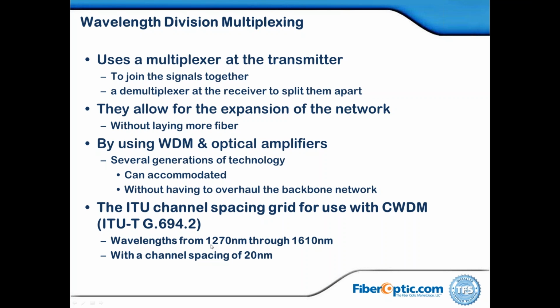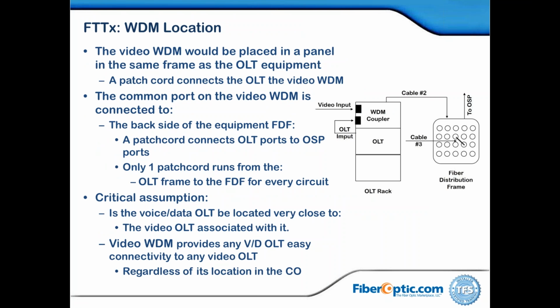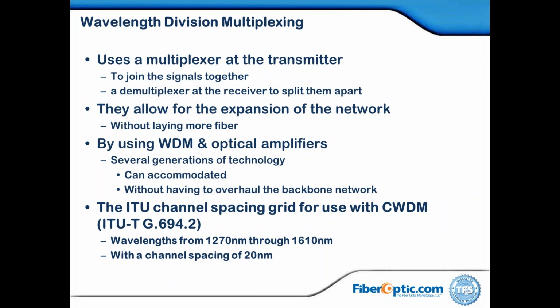So in essence, signals can travel at wavelengths from 1270 up through 1610 with a channel spacing of about 20 nanometers apart. Was that nanoseconds? Now I forget what that was. Nanometers. Now that basically shows you that that's coarse wave division multiplex. So I can carry signals at all those wavelengths outbound, and they don't interfere with each other,